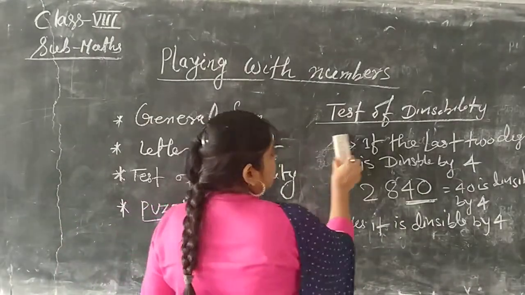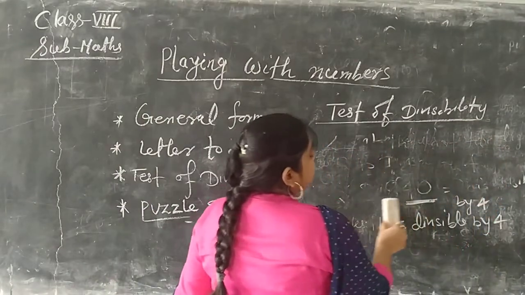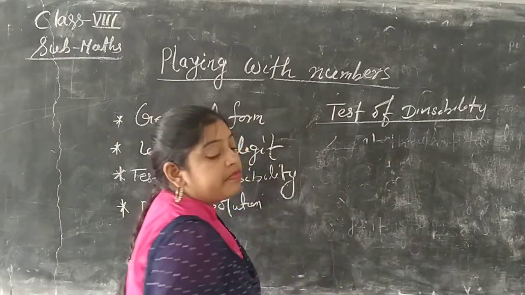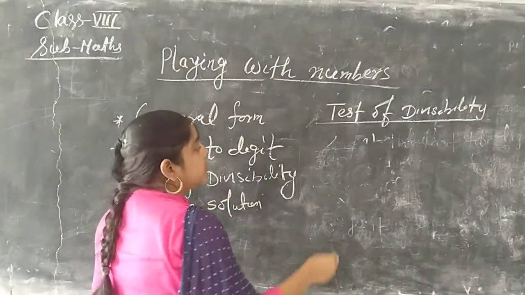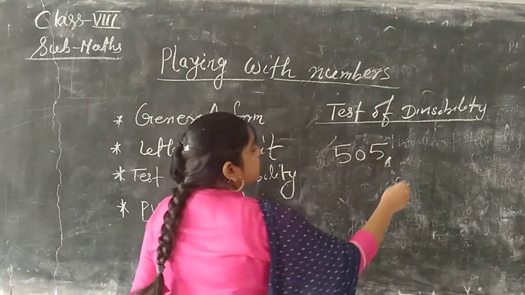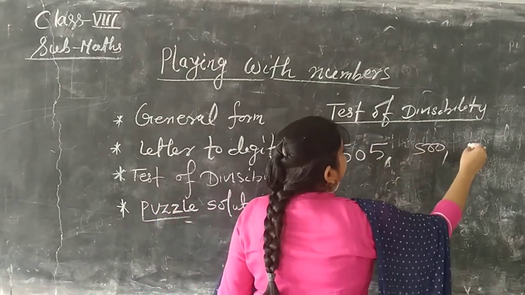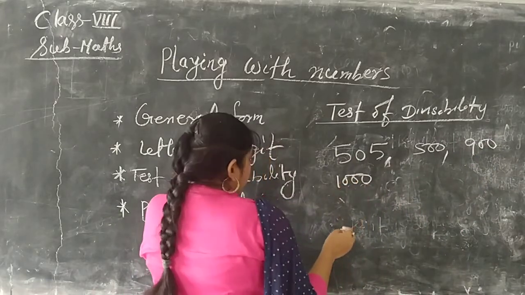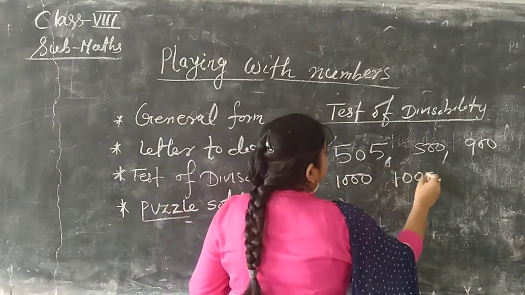Now the next is 5. 5 has a simple rule: if the last digit is 0 or 5. If any number's last digit is 0 or 5, for example 505, 500, 900, 1000, 1005,